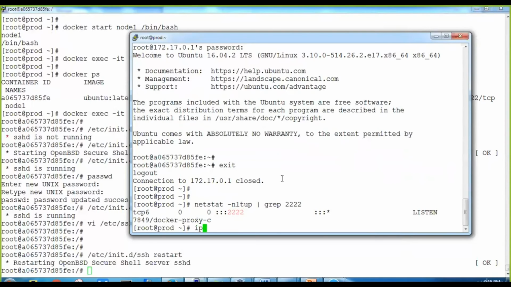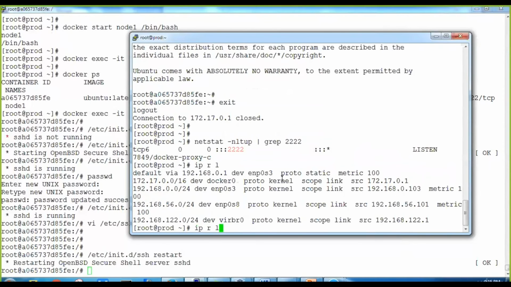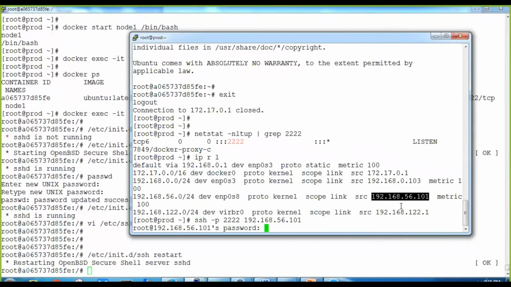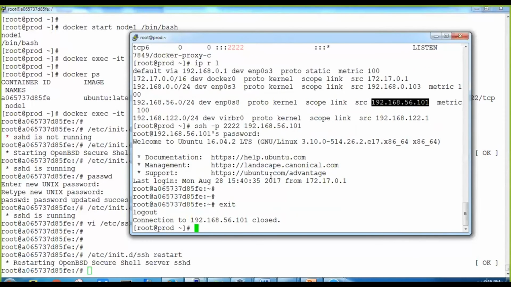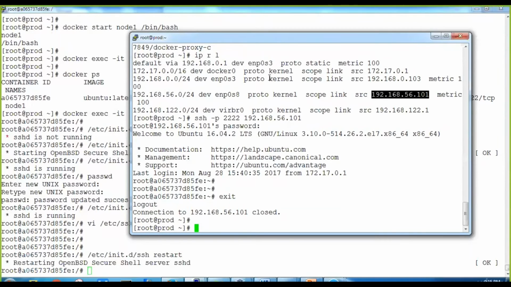So let's say if we have another IP, we'll just replace it and give another IP, any one IP. It should work on this IP as well. Let's give the password. Awesome. So we are getting the container on any one IP of the host, and we have checked how this port forwarding works. Thank you for watching it.